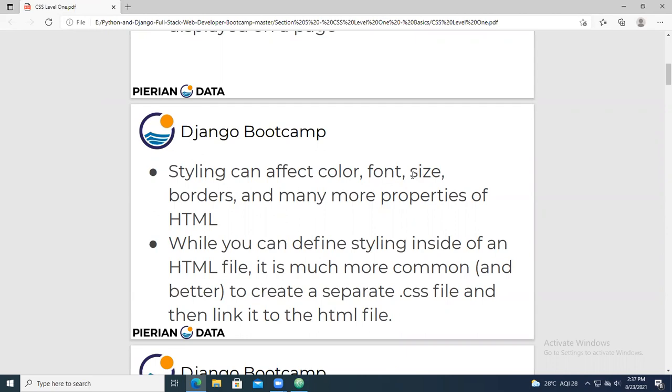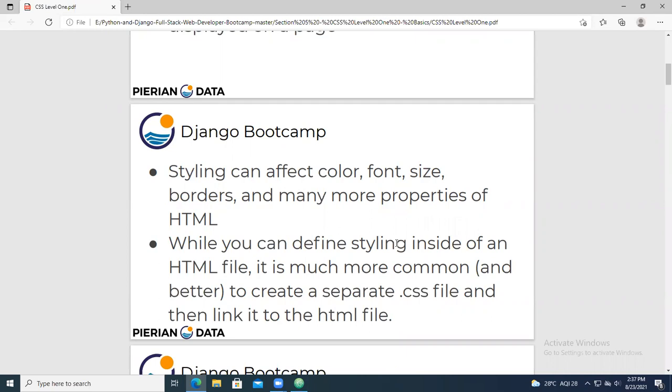Similarly, font size will vary from 8 to 48. Similarly, we have borders. All these font colors, font sizes, and borders make up the properties of the HTML, and that we call styling.